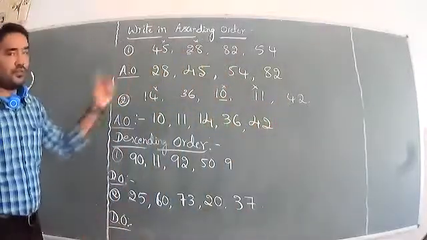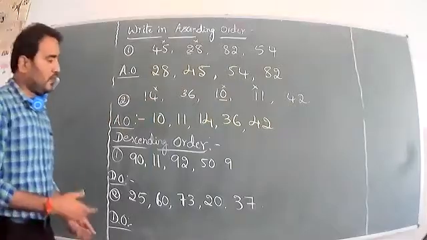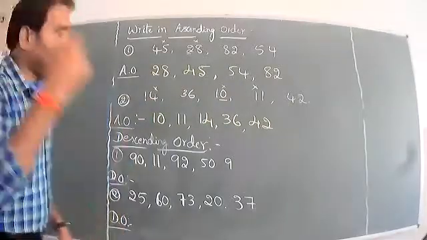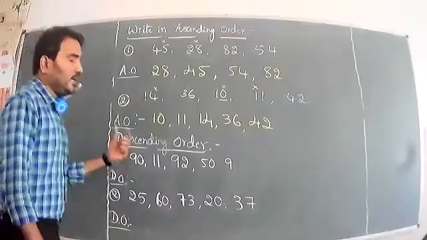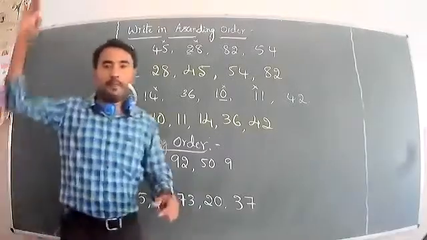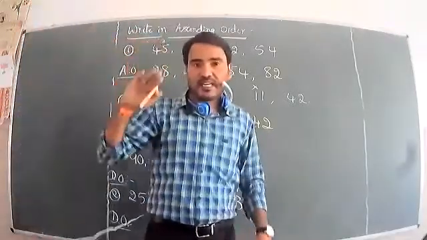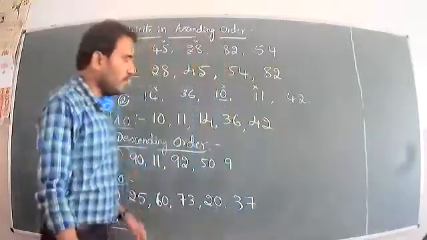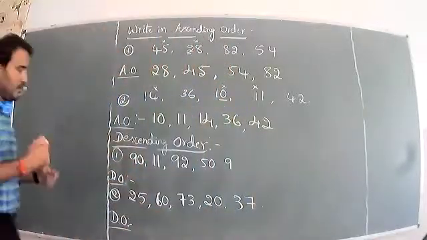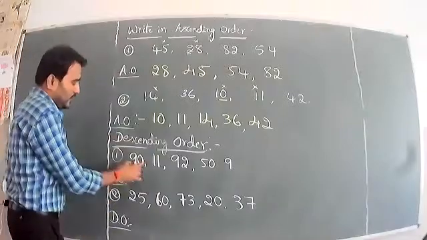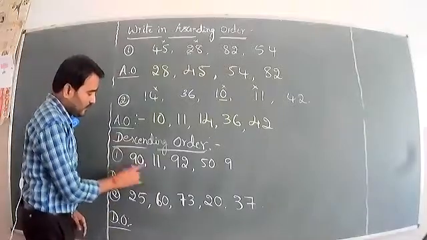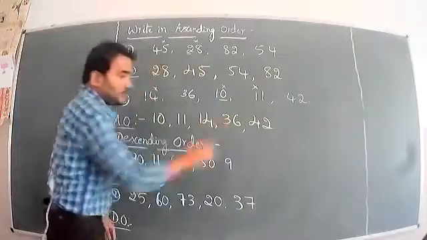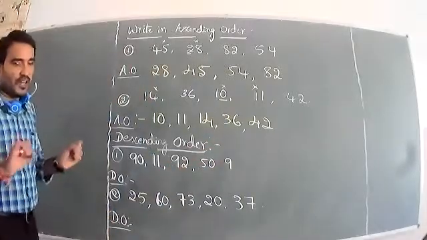Now we can use the symbols for the numbers. We have descending order. Descending order means big to small. First we check the bigger number, not the smaller number. Descending means bigger value first. So now find out: here the tens place is 9, here 1, here 9, here 5, here 9. 9 means only 9, not 90.